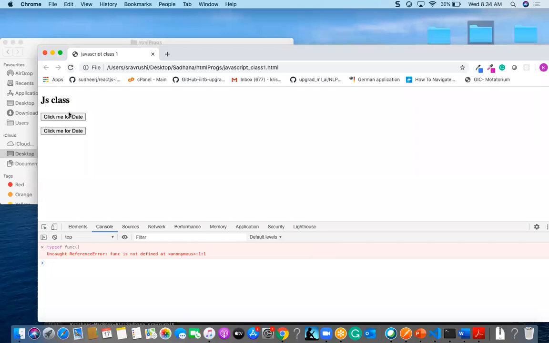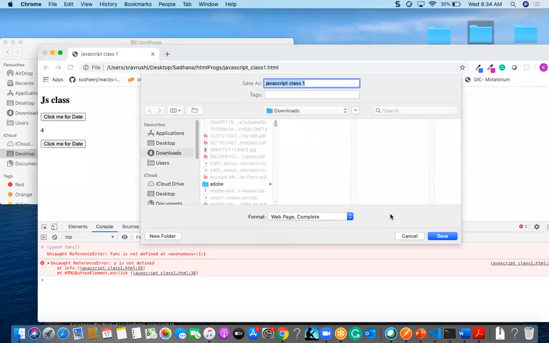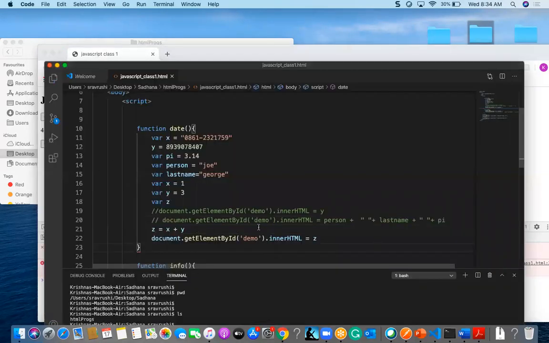The value will be 4. This is about adding two numerics. Okay, so if I want to concatenate now, z is equal to x plus person.